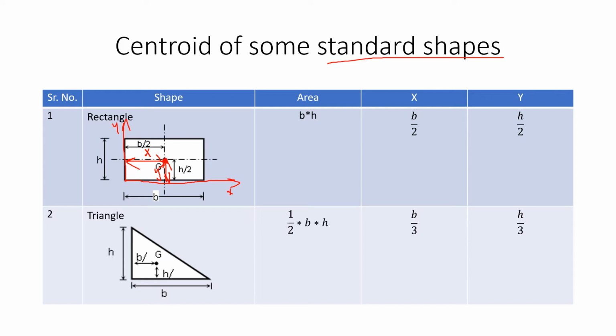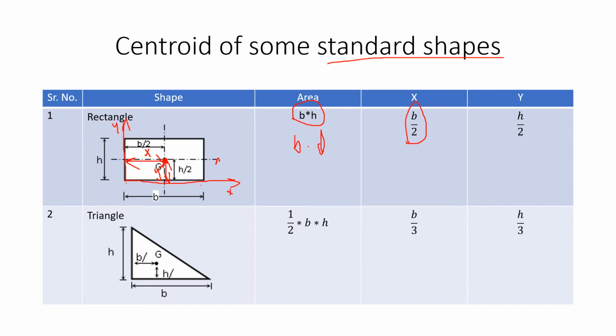Let us first start with the area of the rectangle. As we know very well, it's b into h. In case you are considering b and d, then you call it b into d, that is width into depth. Now look at x. So x starts from the y-axis and goes till the geometric center. When I'm saying geometric center and the total length is b, can I say this distance is nothing but b by 2? Then its x is b by 2, and in the same way y.